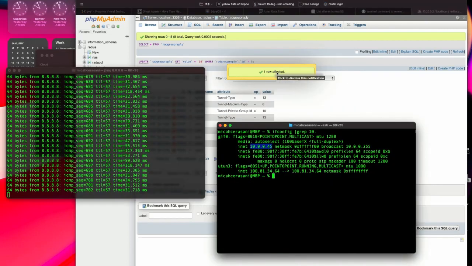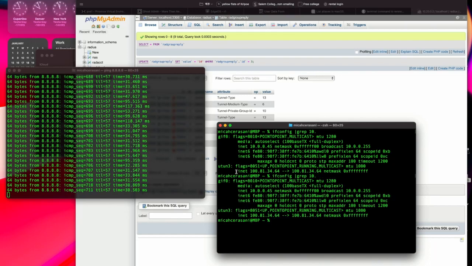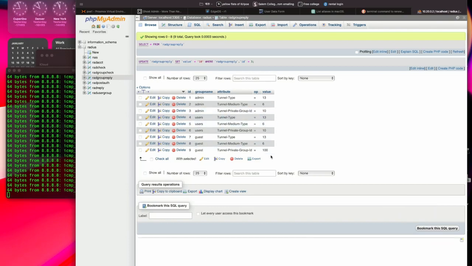It's all updated, and you would expect that I should go through some sort of DORA process with the DHCP and pick up a new lease at some point or another and be dropped into VLAN 10. You can see I am definitely not in VLAN 10. I'm still in the same VLAN, and that is because I didn't re-authenticate to the Wi-Fi. When you re-authenticate, you put your credentials in. That's when you'll interact with that Radius server in the back, and you'll be dropped off into the correct VLAN